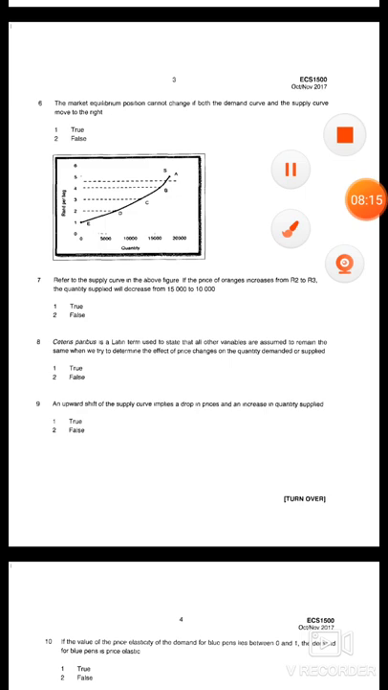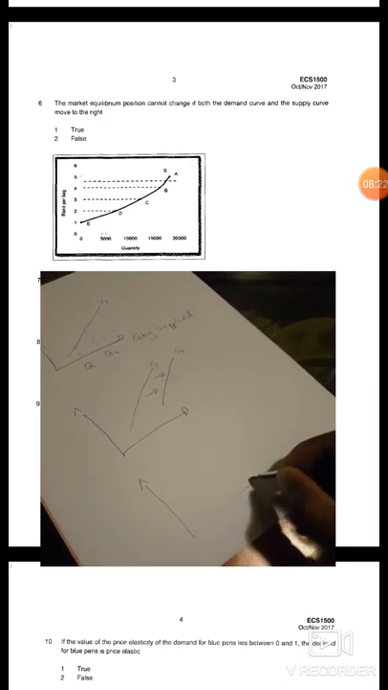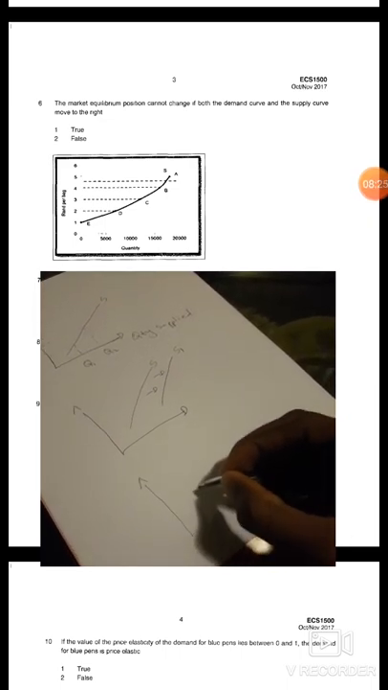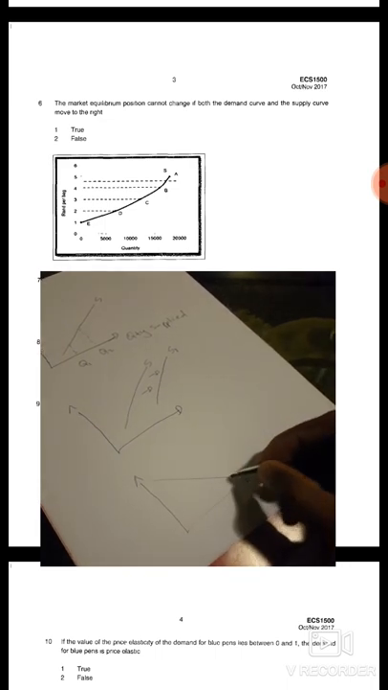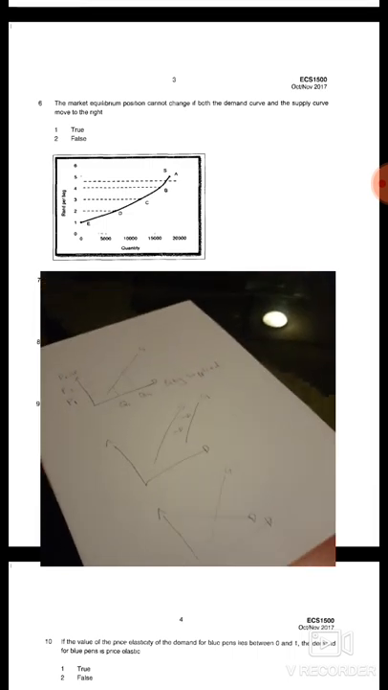Let's have a look here. You have your demand curve. This is your demand curve. You also have your supply curve. This is your supply curve. So now what's going to happen is,